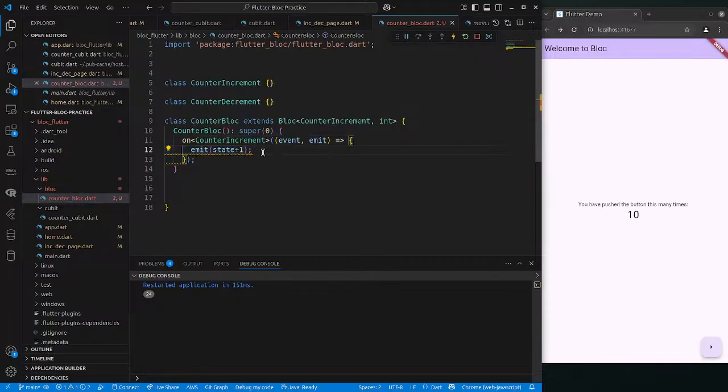Okay, it's a linting issue. Okay, and so what I will do here then,